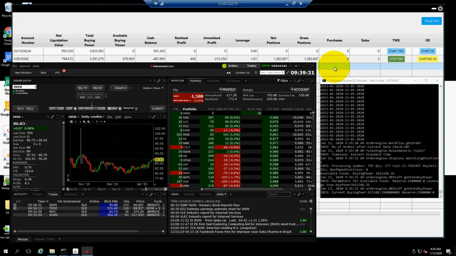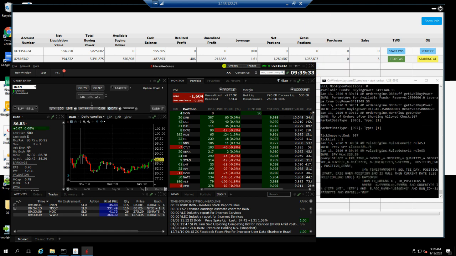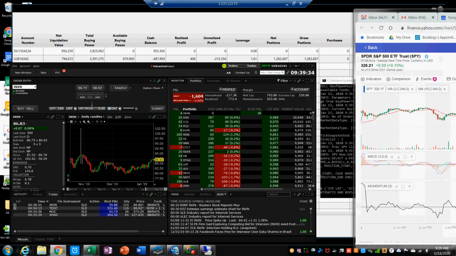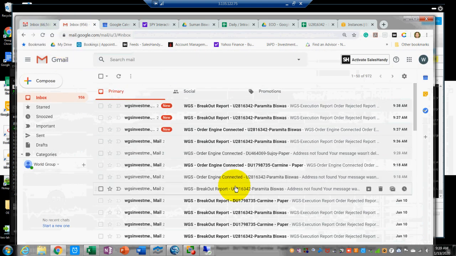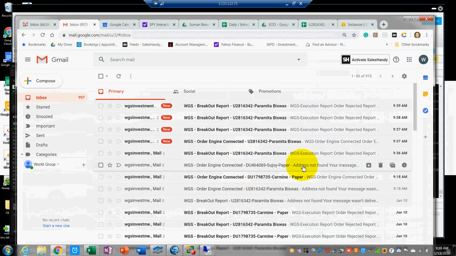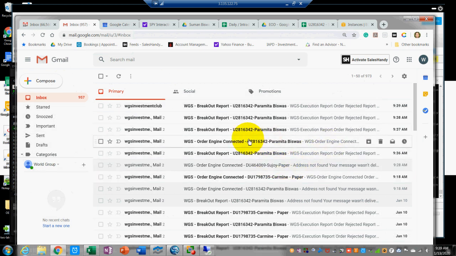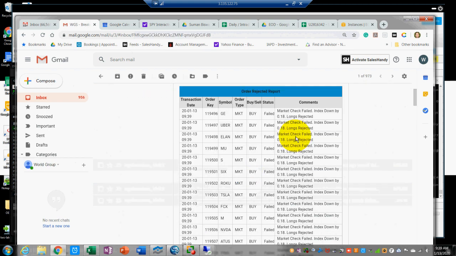It came back. So this is what I wanted to explain, but at the same time also you keep looking at your emails. I think we should get some emails. There you go. We did get some email. You see the order engine got connected. When we connected it again, we are seeing now a rejection report which came in at 9:39 because the market